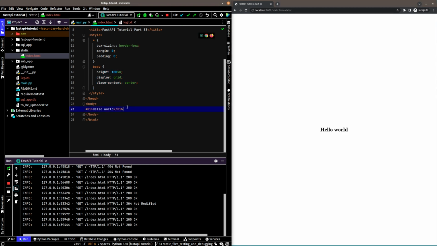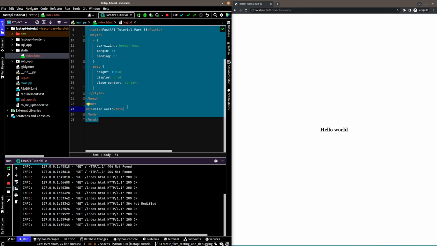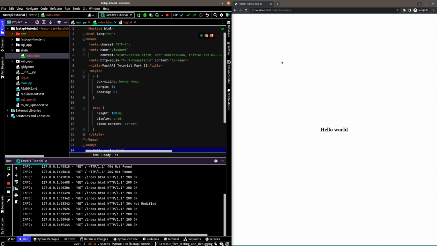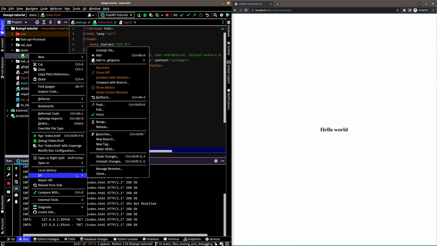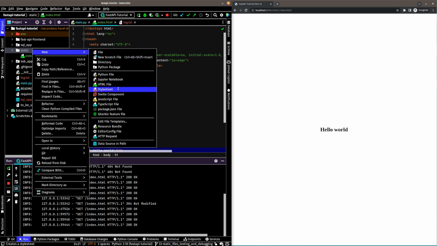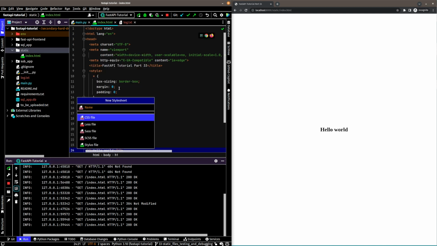So you can see this is a static file. Yeah, it automatically reformats that. So we are serving this static file, index.html, and that's how we do it. So if you want to serve, let's create a